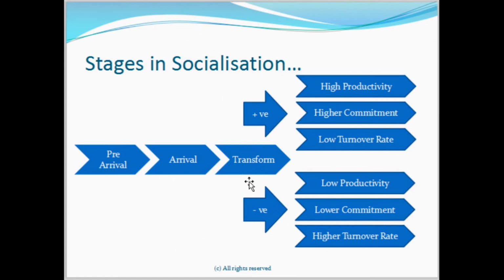Okay, let's understand. If the gap is high between the pre-arrival perception and the reality of the company that he will encounter when he enters the arrival stage, when the induction and socialization processes are being carried out, or when he actually faces life situations in the organization, then Mr. A will move towards negative transformation. Basically, if the gap is high between what he expected and what he actually received in the organization, there is a very high probability that he will move towards negative transformation.